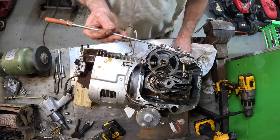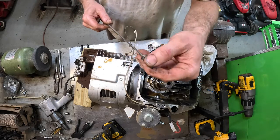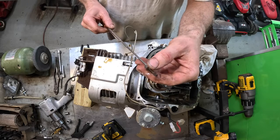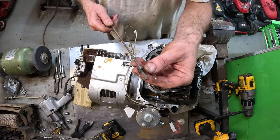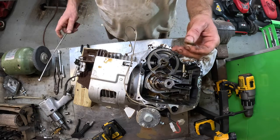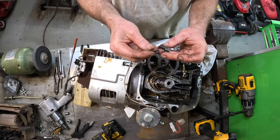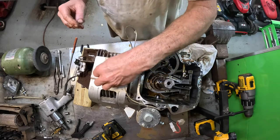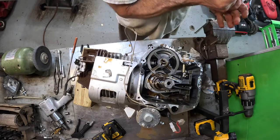There it is. That is what rotates on the lobe. That will give you a little bit of relief from all the compression while it's just trying to crank it. And it just came apart, broke. Such a common problem. Two little pieces. Now let me rotate this to top dead center